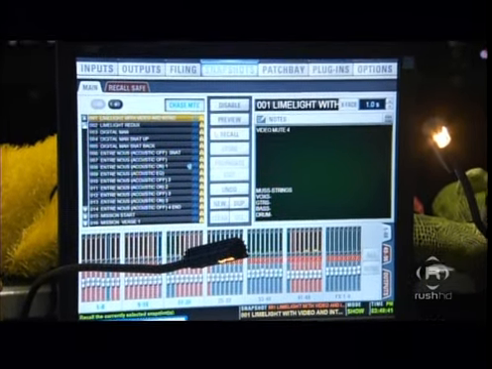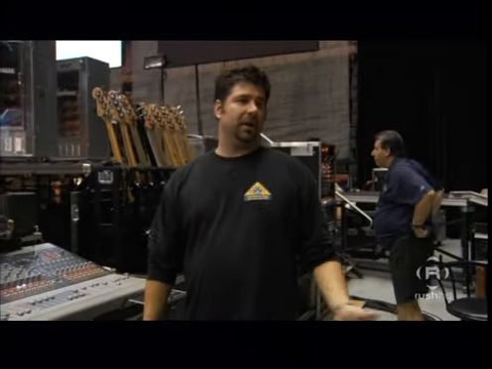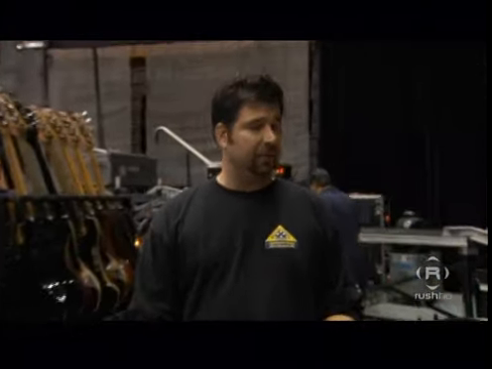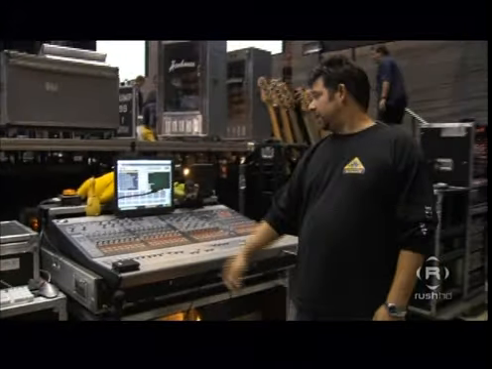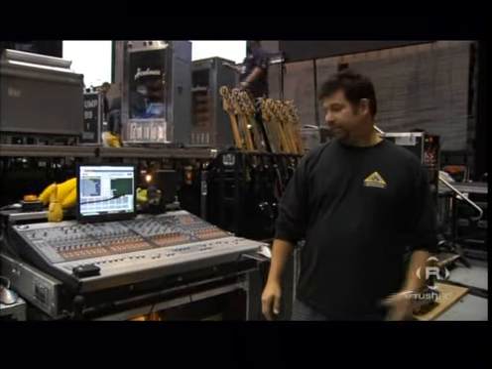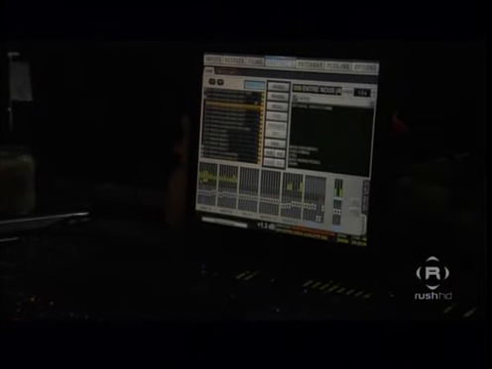But then after that section is over, Neil doesn't really want to hear the rest of the guitar, the rhythm guitar, the whole time. He doesn't want to hear it as loud anyway. So I hit this button and it goes to the second snapshot I have for Limelight, which then turns the guitar down in